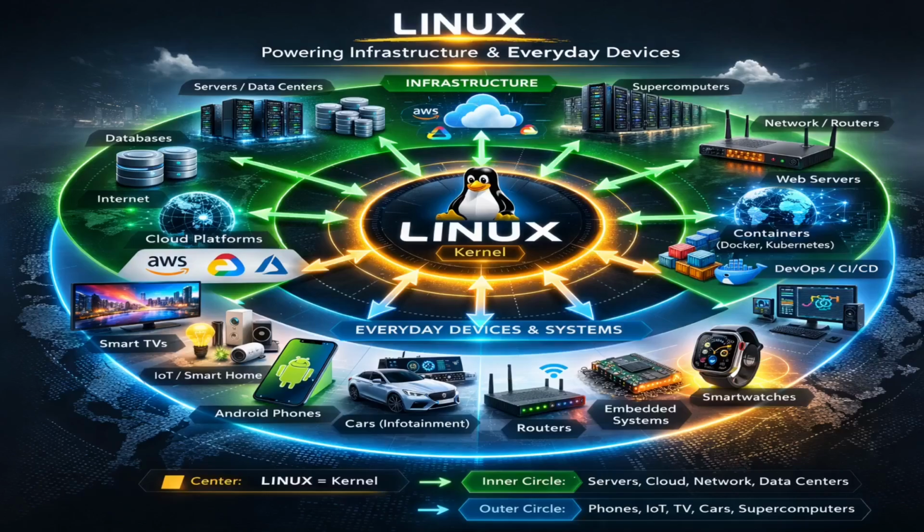Linux is everywhere. Most internet servers run on Linux. Cloud platforms run on Linux. Android is based on the Linux kernel. Routers, smart TVs, and even supercomputers often use Linux too. Not every device runs a full desktop Linux distribution like Ubuntu on a PC, but many devices use the Linux kernel or Linux-based systems. So Linux is not just an alternative to Windows, it powers a huge part of the digital world. Companies like Google, Amazon, and Facebook use Linux at scale, and that tells us a lot.